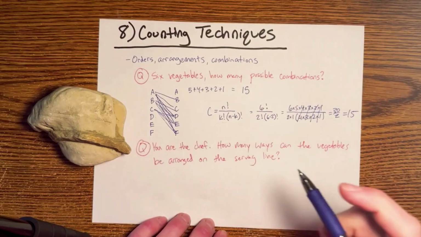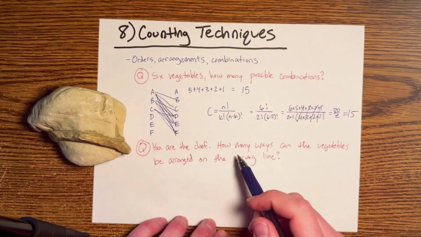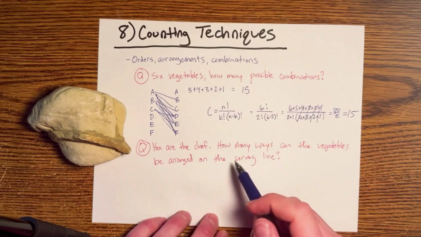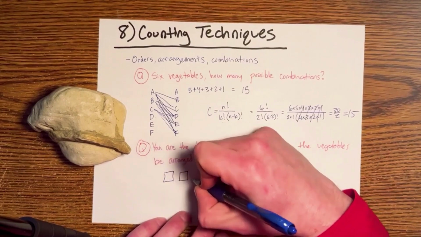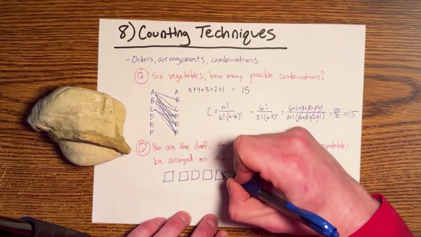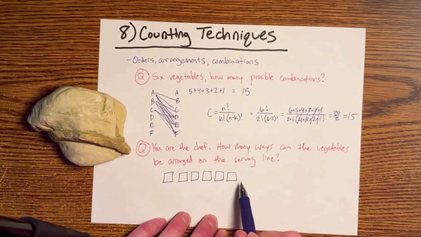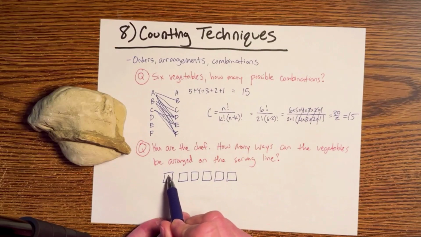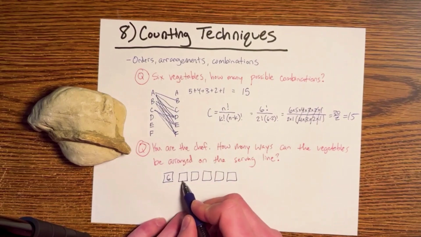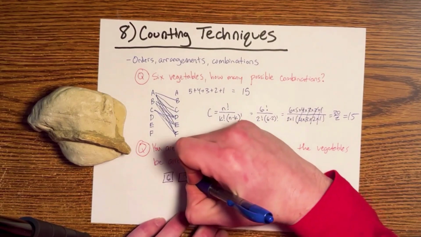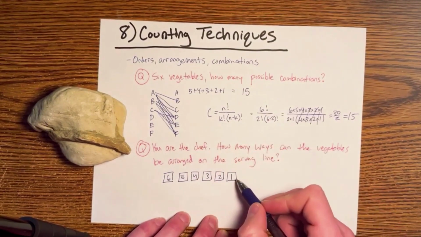Another example to build off the previous problem, say that you're the omelet maker, you're the chef, and you're placing the 6 different vegetables in the serving line. How many different ways can you arrange those vegetables? So you'll have 6 places. Let's say that you can actually place the vegetables. And so you have 6 places, 6 vegetables. How many different ways can you arrange the vegetables? So for the first one, well, you have 6 vegetables, so you can place any of them in that first slot. You come to the second slot, well, you've already placed one, so you only have 5 available options, and we'll continue down until you're at the very last one, and you just have to place whatever you have left